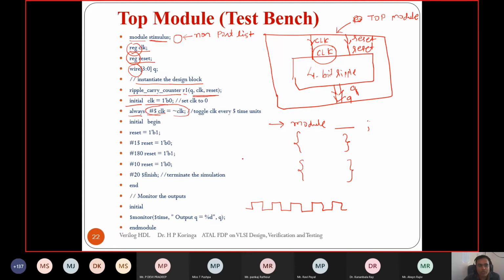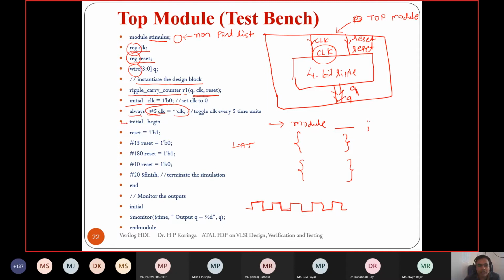That means at every 5 units of time. Also in Verilog we can specify what the unit of time is. By default it is 1 nanosecond, right? So we can specify that time. We have the timescale directive. Through this we can specify the times. So here we have 5, which is 5 time units. So it stays at 1 for 5 time units, then 0 for 5 time units, then 1 and 0. It will continue because we have written it inside the always procedure.